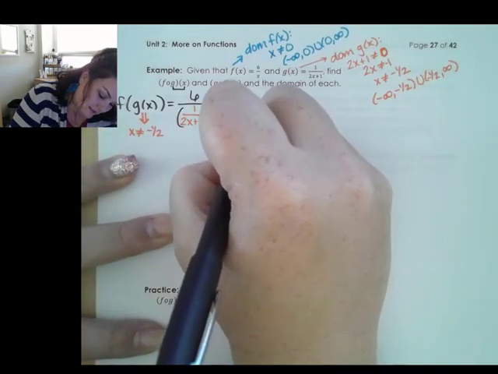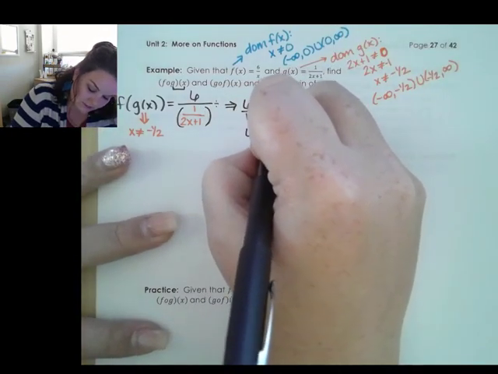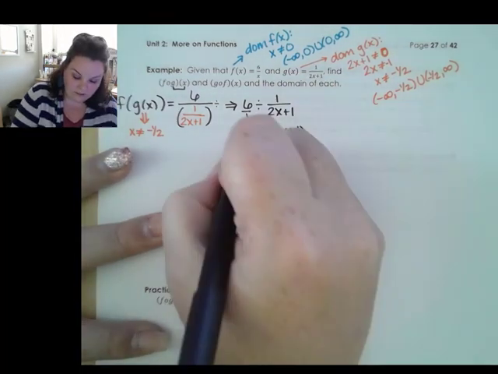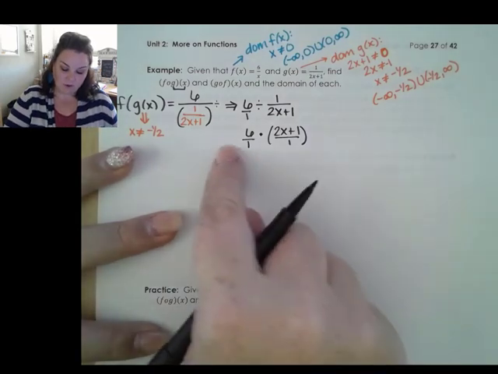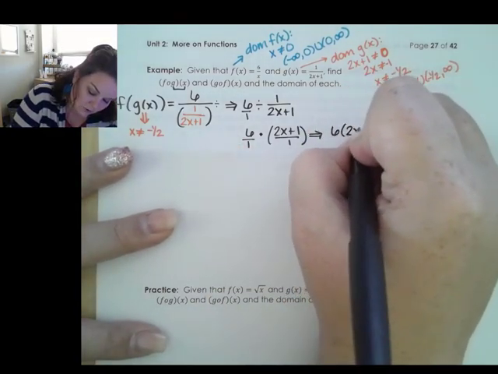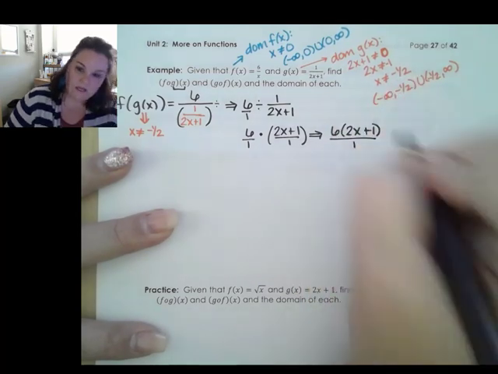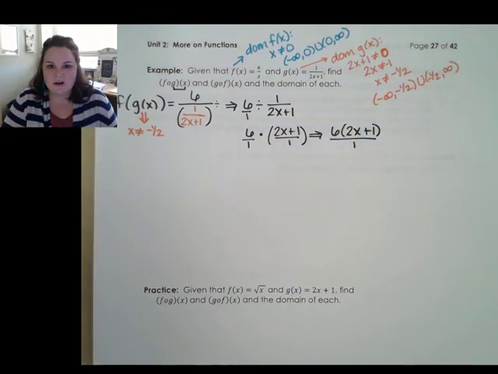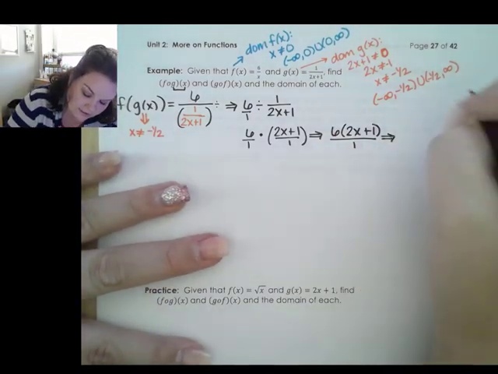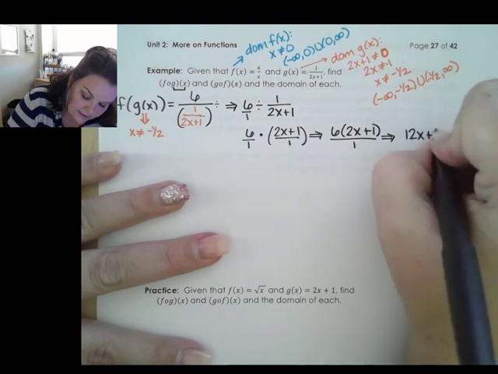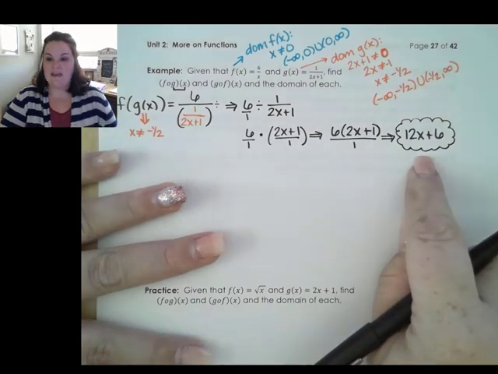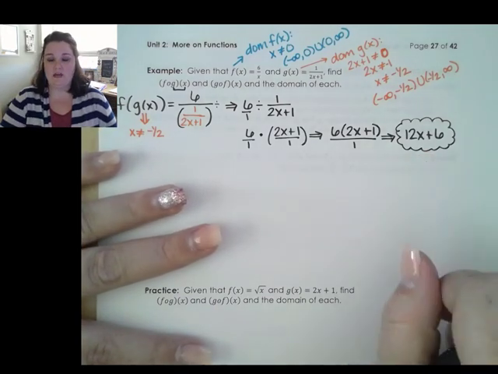So we multiply and flip the second one. So this gives me a 6. This now becomes a multiplication of 2x plus 1 over 1, right? And again, we can still write this as 6 over 1. So if I multiply straight across, I'm just going to end up with 6 times 2x plus 1, all over 1. So if it's all over 1, we don't really need to write the 1, okay? But I am going to go ahead and just distribute the top. So this gives me 12x plus 6. So this is my new composed function,